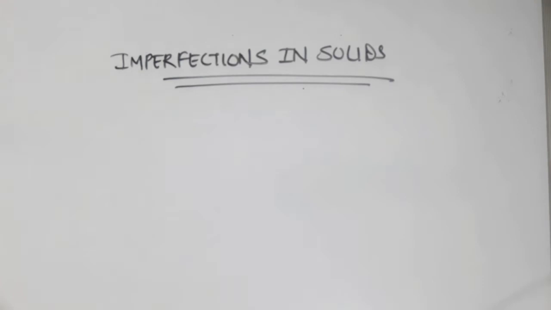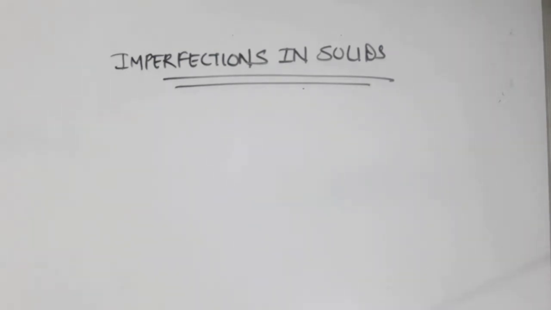So the last topic of solid state is imperfections in solid. There are various kinds of defects in solid. Crystal lattice is a definite arrangement of particles in space that we have studied earlier. Any deviation from that perfectly ordered crystal would result in the formation of defect or imperfection. There are various kinds of defect, but the topic that is in your syllabus is point defects.